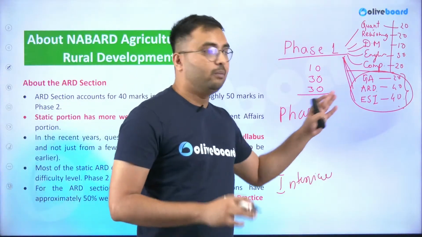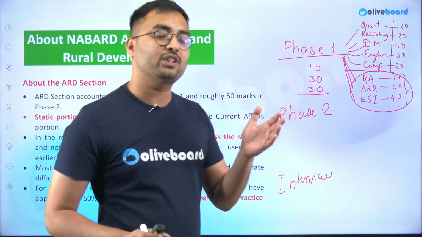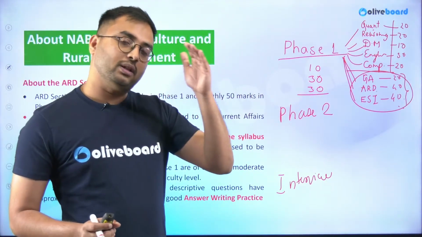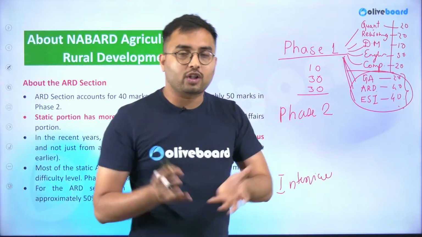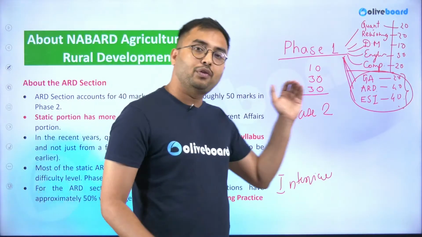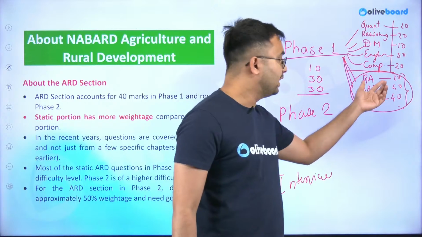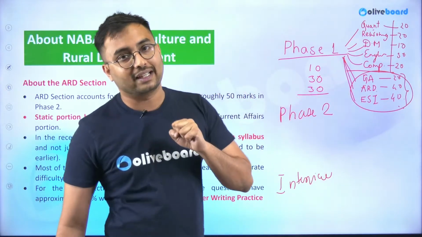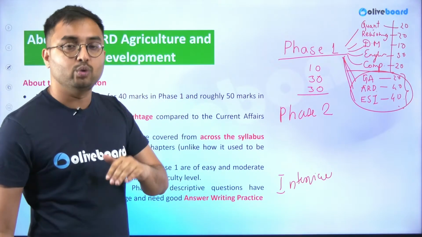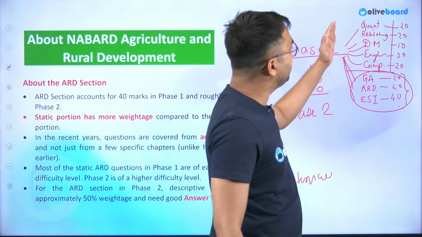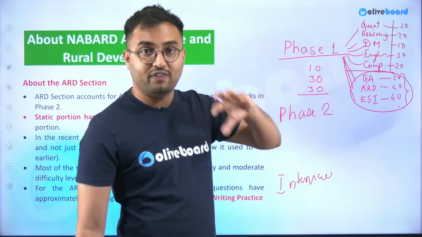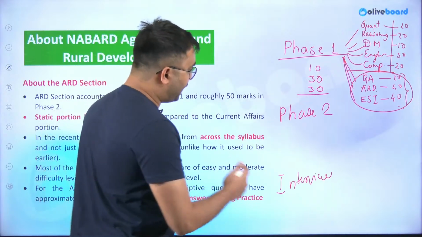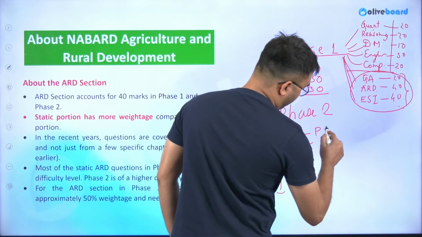You clear the overall merit cutoff of phase 1, because last year the merit cutoff was around 53 or 54 marks. So the overall cutoff for NABARD Grade A phase 1 is from 50 to 60. If you want to clear that, of course, only 3 merit subjects are there, that is GA, ARD and ESI, from which you have to grab the marks. We have to score high, we have to get as many marks as we can. Whereas in the first 5 qualifying subjects, you just have to clear the bare minimum cutoffs. Phase 2. In phase 2, there are 2 papers, paper 1 and paper 2.